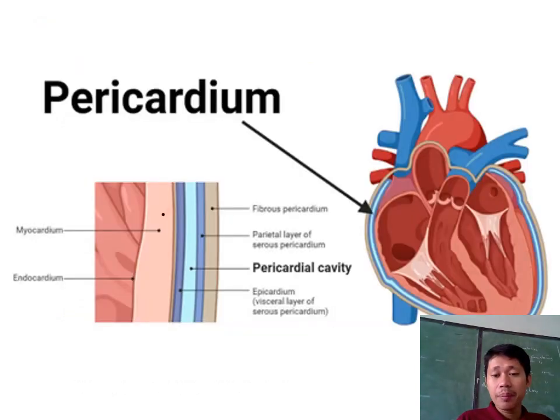Here's an illustration of the pericardium, or the heart covering. You can see there the parietal and the visceral pericardium, and in between, the pericardial cavity that fills with fluid. The main functions of this covering are to lessen the friction between the heart and the chest cavity, and it also serves as a cushioning, shock-absorbing effect, so that our heart is fully protected.